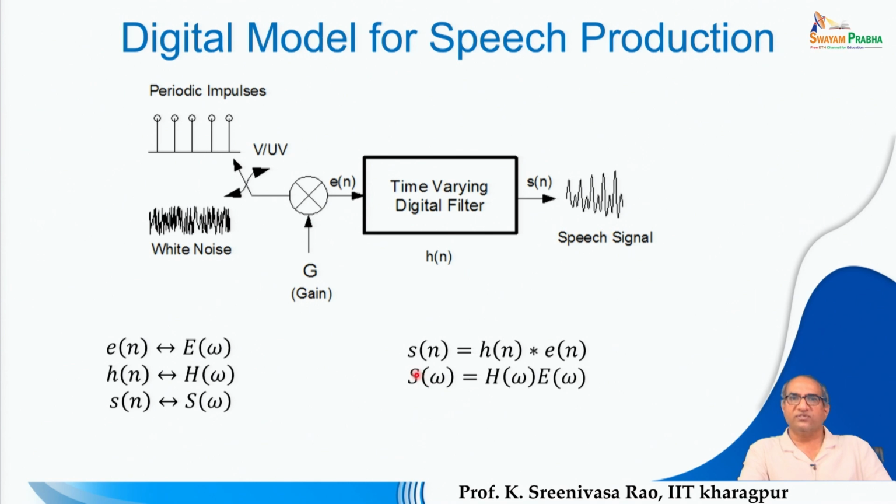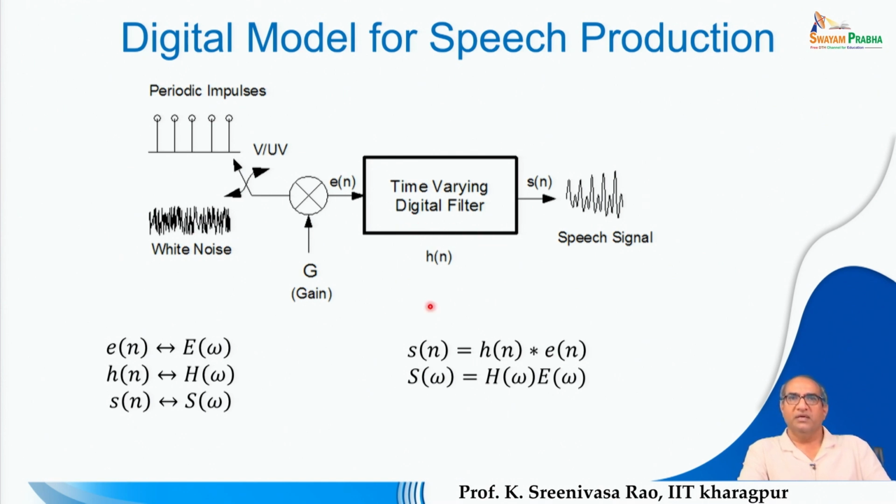So you can write S of n equals H of n convolution E of n, where H of n is the response of the vocal tract system and E of n is the input to the vocal tract system, or the excitation signal. This is a time domain representation